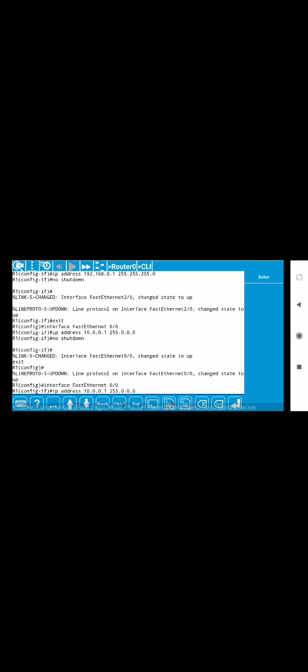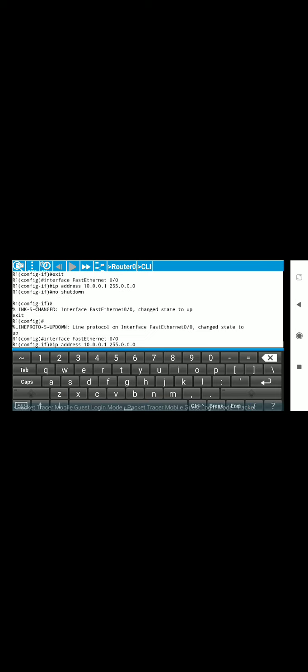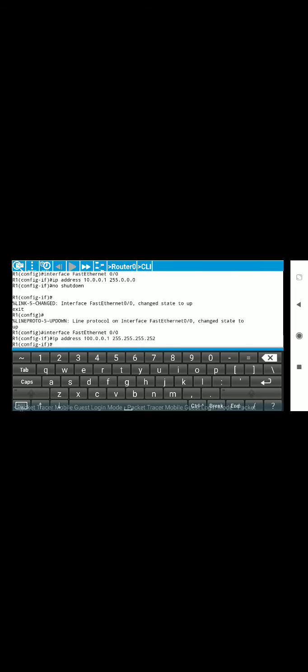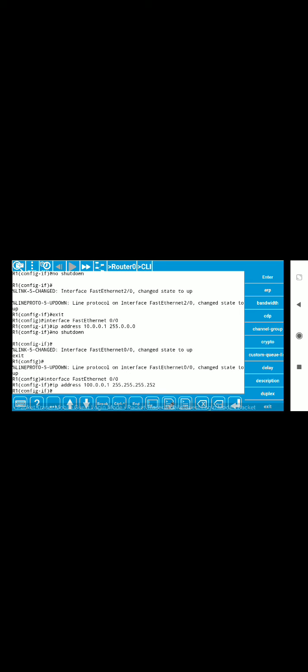So here I have to edit it. I am going to write 100.0.0.1, and the mask is 255.255.255.252. Click on enter button and minimize this keyboard.